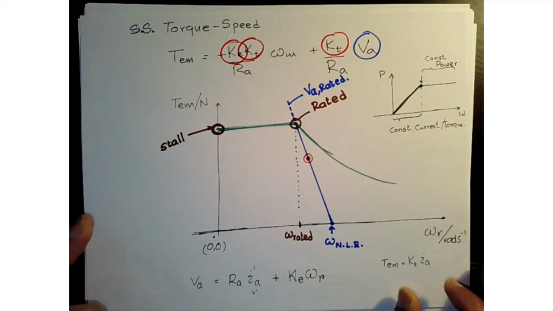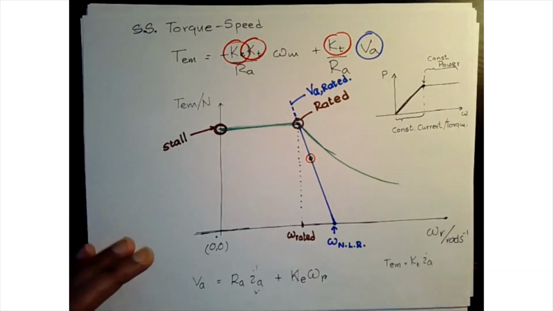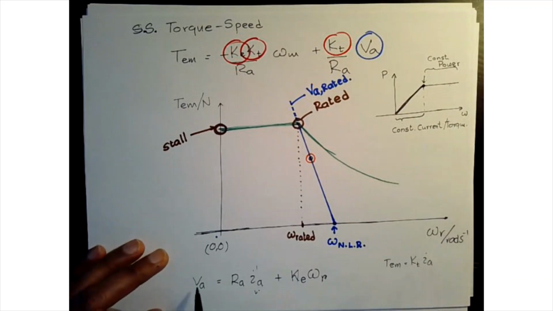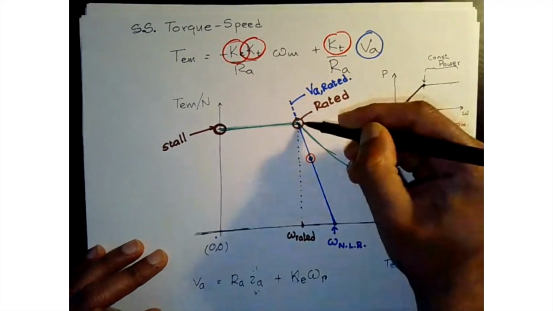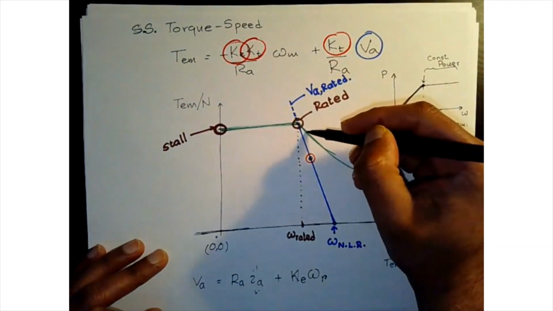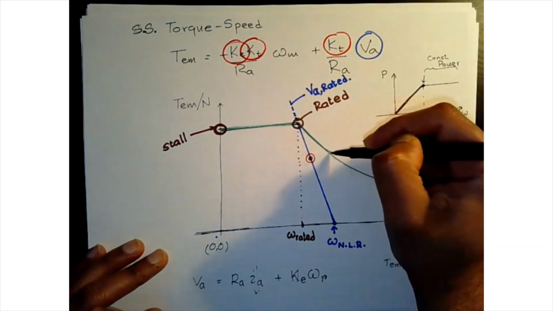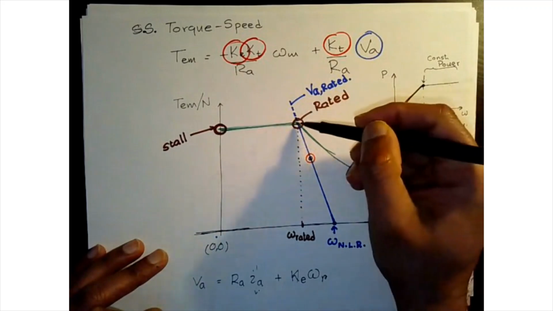The torque will decrease. However, now we have more voltage left over to go to a higher speed. You guys see that? So I think of it like operating in this region, right? So